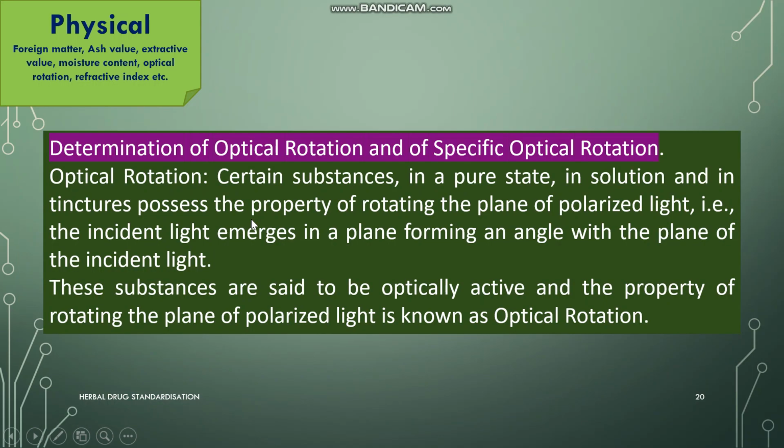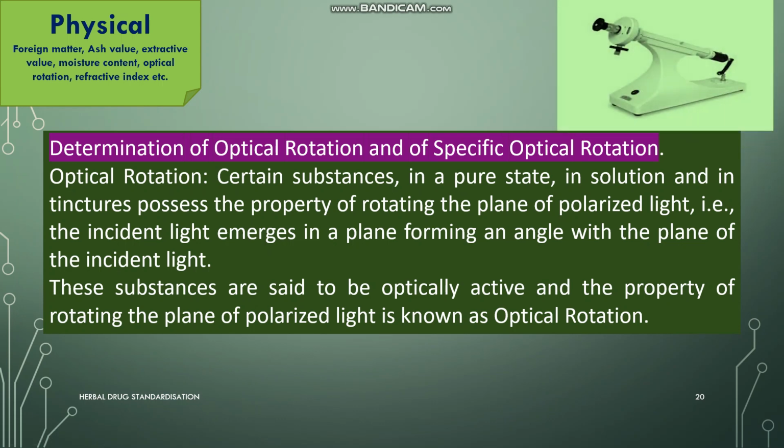Next is the physical parameter, again optical activity, and we know there are different types of compounds that also contain some complex substances like chiral carbon. Suppose a compound has 4 different functional groups, so that carbon is known as the chiral carbon. So this is applicable in case of different types of avleh which contain sugars. The sugars are optically active.